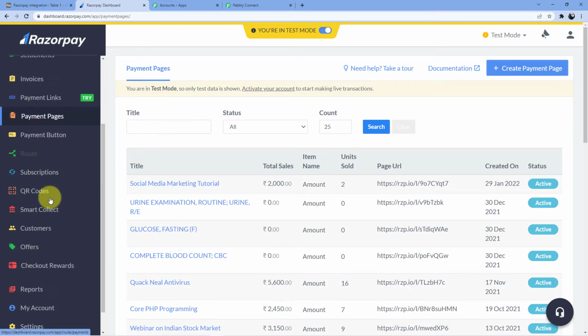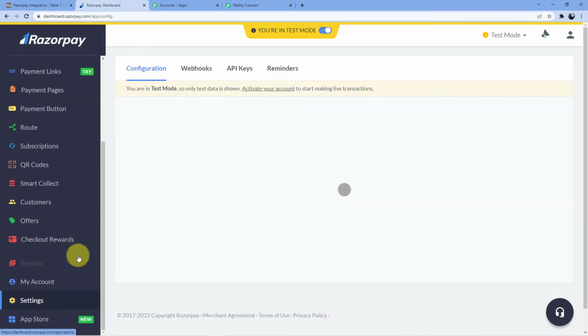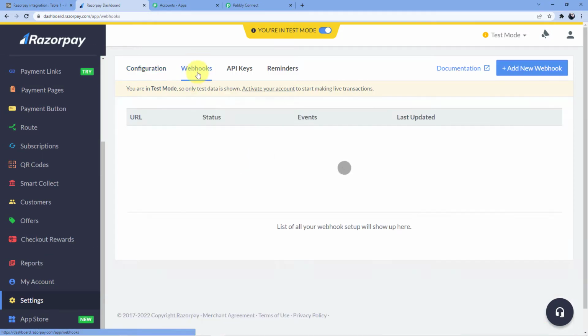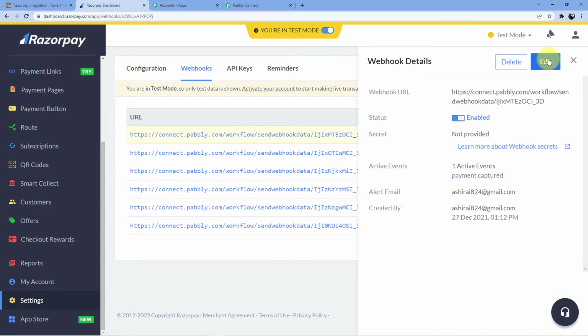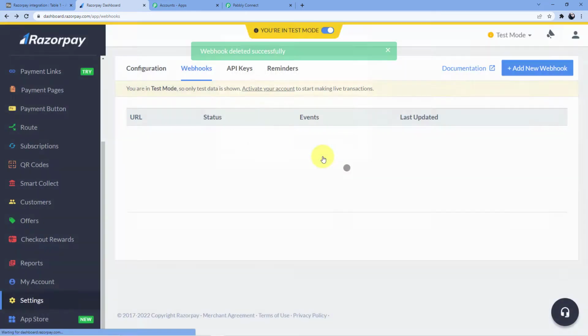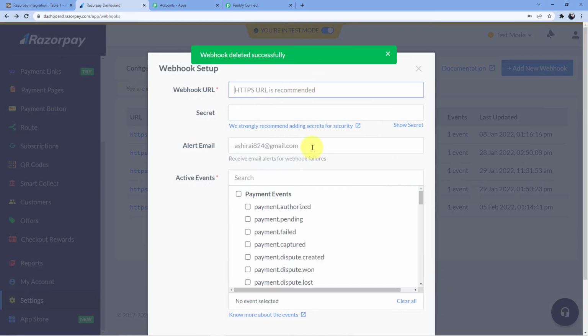So we will go here. From here we will go to settings. Here you can find webhooks. So this is webhooks, and you can only have, I think, 5 or 6 webhooks in demo. So let me delete one webhook here. Okay, add new webhook.